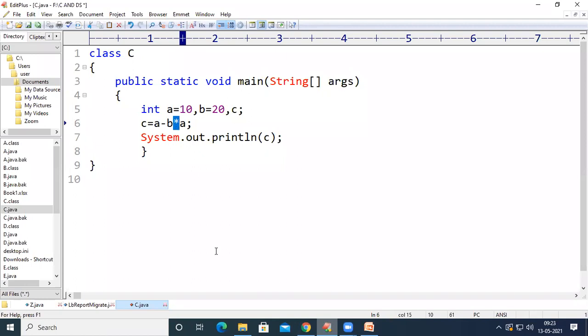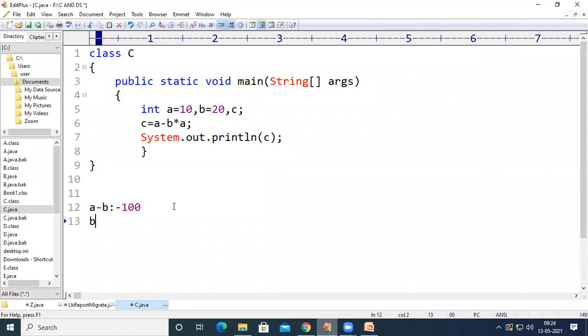If there are no precedence rules and associativity, the compiler will get confused whether to execute a minus b first or to execute b star a first. If a minus b is executed first, then 10 minus 20 gives minus 10, into 10, so the output will be minus 100.